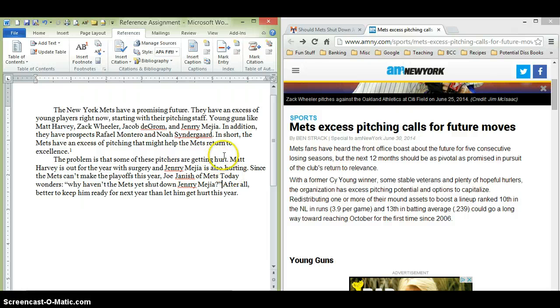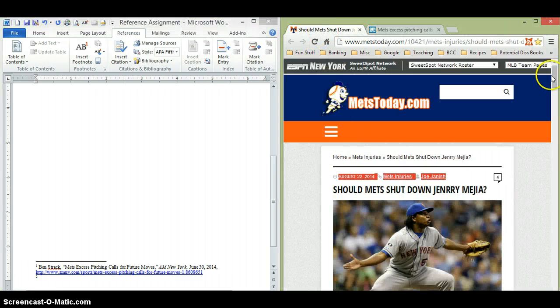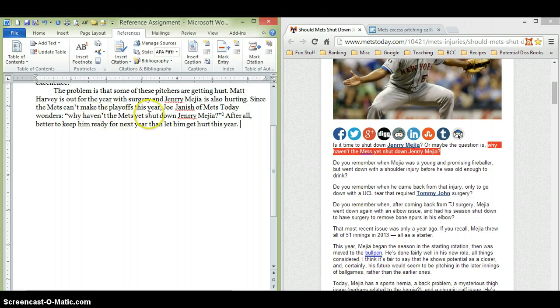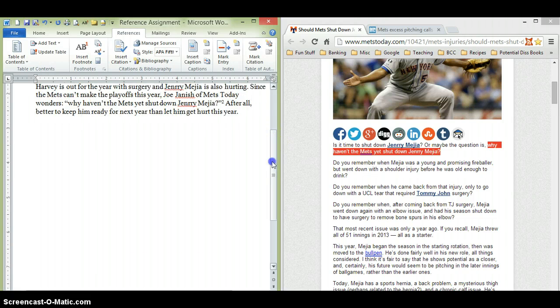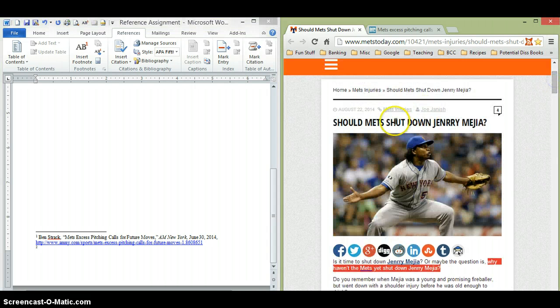This is a very good question, and I thought it should stay in the paragraph, but I didn't write it, so I want to cite it, insert footnote, and the number 2 you'll see is down there. This came from the article over here. The quote was over here that the Mets, here we go, why haven't the Mets yet shut down Jenry Mejia? Up here, why haven't the Mets yet shut down Jenry Mejia? Again, who wrote the article? I go to the top of the page, over here, Joe Janish,